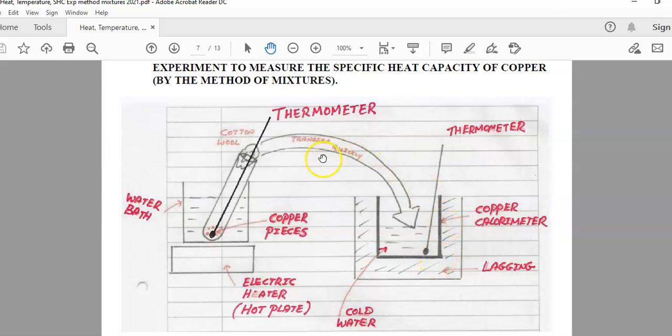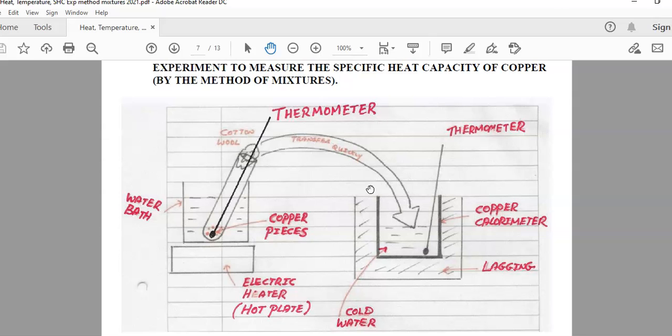So we can say the energy lost by the hot copper is equal to the energy gained by the water plus the energy gained by the calorimeter. Of course, some energy can leak out of the system. Some energy can be picked up by the surroundings, the air around the calorimeter. But we try to minimize that by using lagging, either cotton wool or polystyrene foam or something like that to insulate the calorimeter. We can also use a lid on the calorimeter to prevent too much energy being lost to